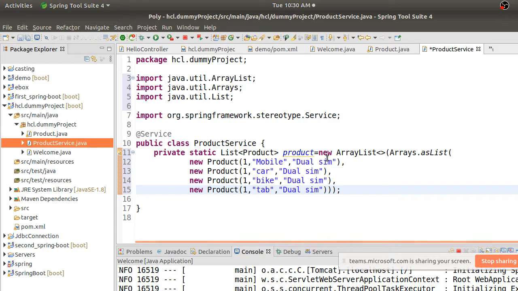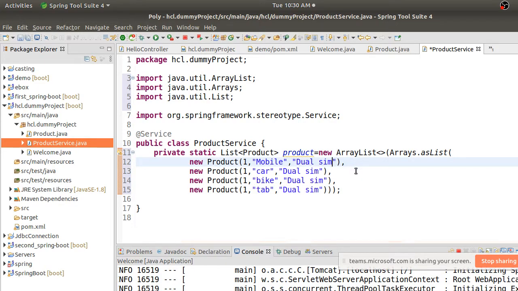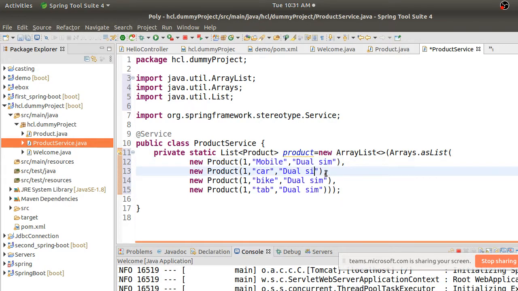Here I'm just changing the description so that the description would be different.